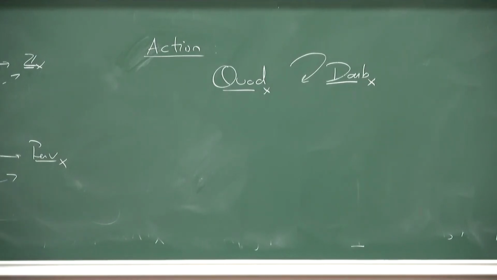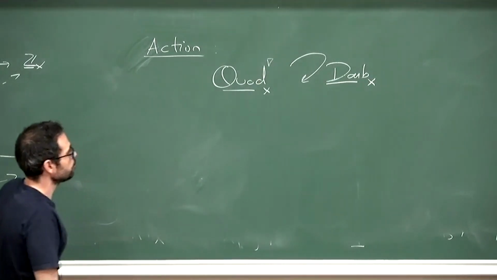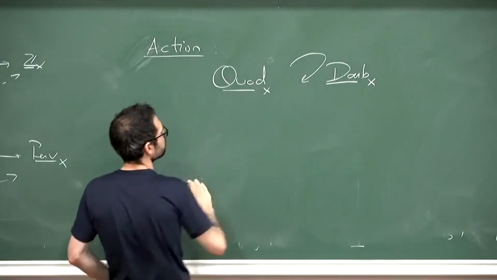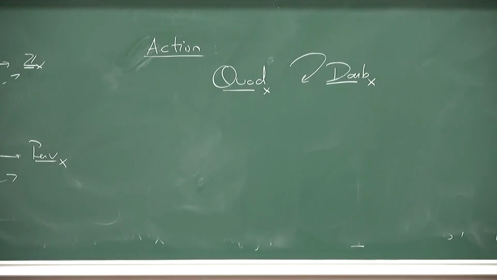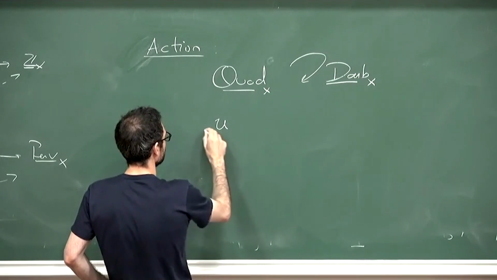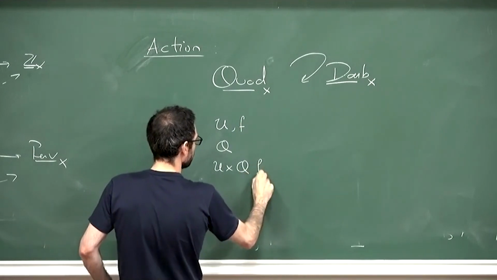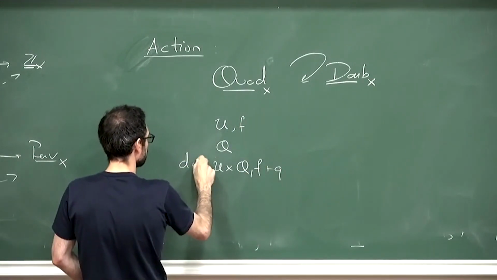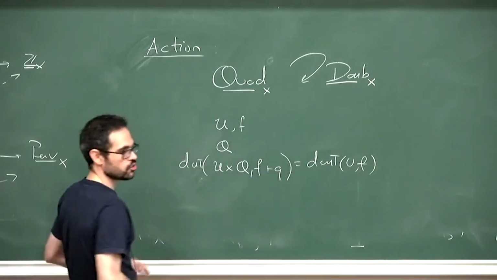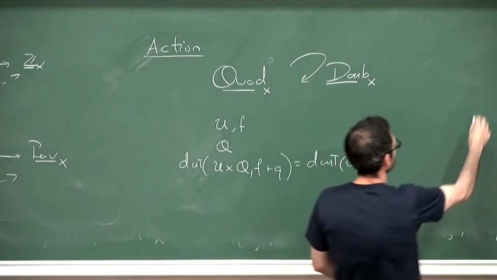I have to be a bit precise here. I have to tell you what kind of quadratic bundles I have here. I actually have quadratic bundles with a flat connection. I need this flat connection here, but it doesn't matter much for our purposes because locally they are all trivial. So I have an action of the stack of quadratic bundles: if I have U, F, which is a function, and I have a quadratic bundle Q, I can always do F plus Q, and the derived critical locus is just the derived critical locus of U, F. So it doesn't change the critical locus. So let me draw this diagram again.